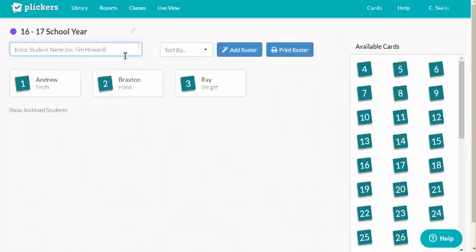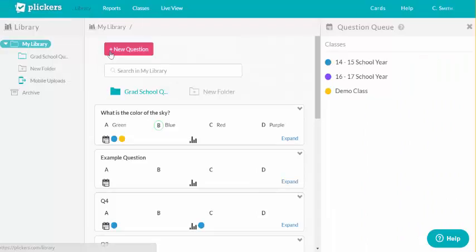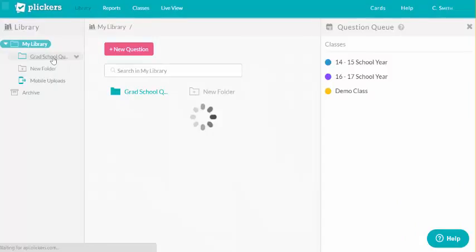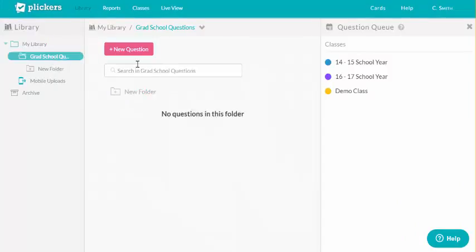As you can tell, once I put my students in, then it adds their number to their name, which matches up with their card. So what you do next is you go to your library and you can add folders, and within your folders